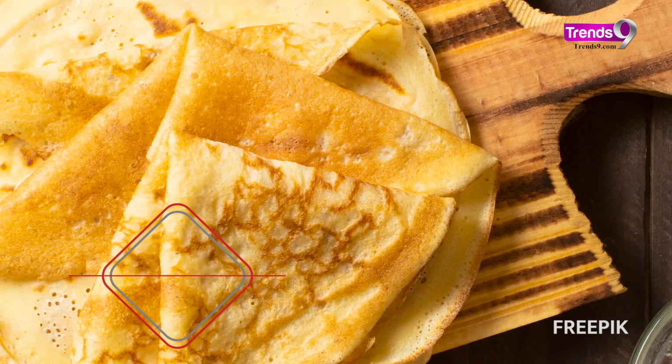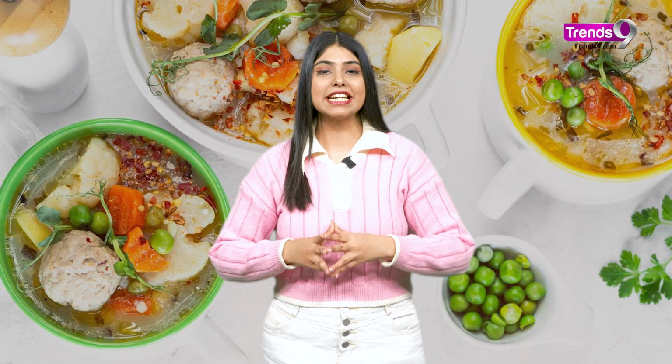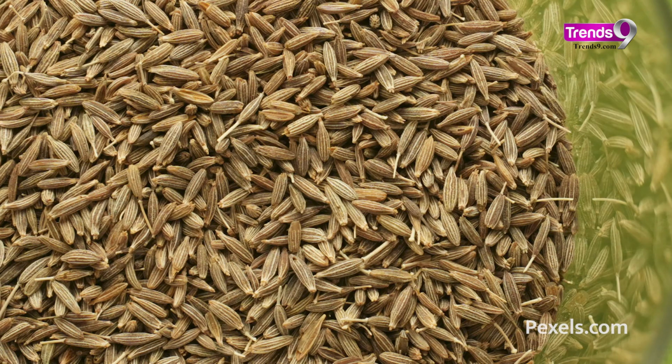For day 7, you can opt for whole grain Cheela, freshly cut cucumber along with coriander chutney. And for beverages, you can opt for jeera water. So the breakfast options that we have mentioned are rich in vitamins, minerals, antioxidants, fibers, and they also help you in sustaining your